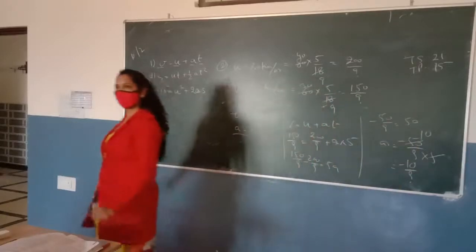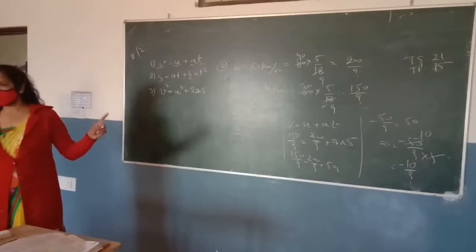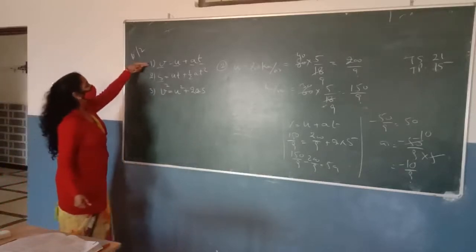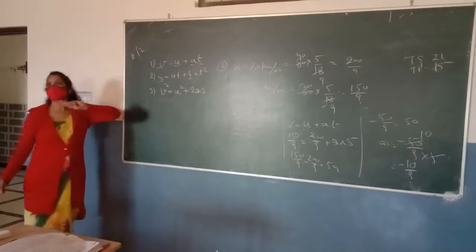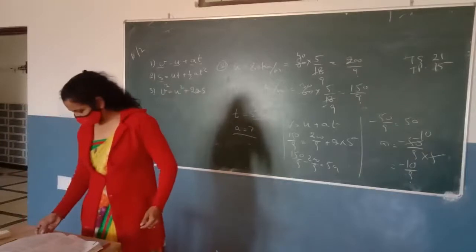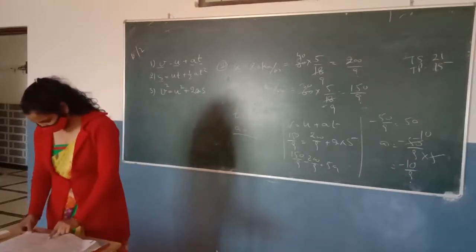Okay, Priya? Is it clear? So first you should know what values are given in the question. And the second thing is you will find out the equation of motion which we can use for solving this question. Okay, this is question number 2 of your page number 103. So please write out this question. Then we will do other questions.